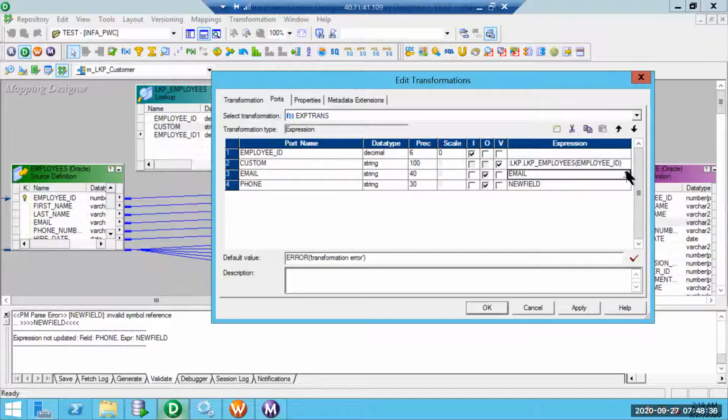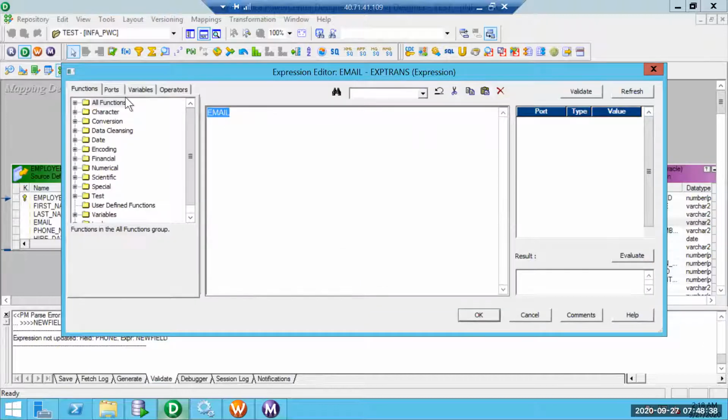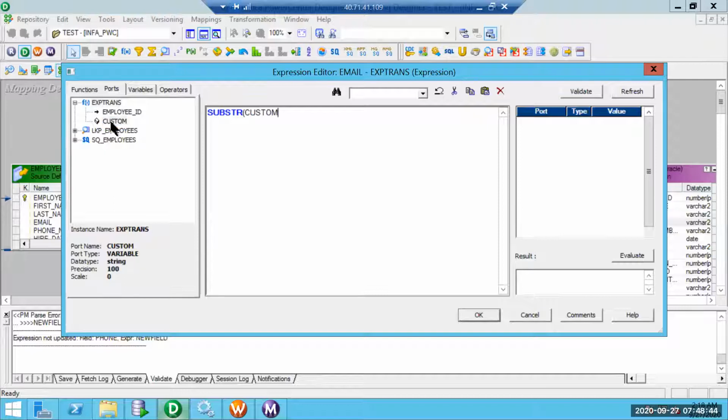How to retrieve email using a concept called substring and instring. SUBSTR, substring of custom. Email is present in the first part of the string, so we are going to retrieve that.